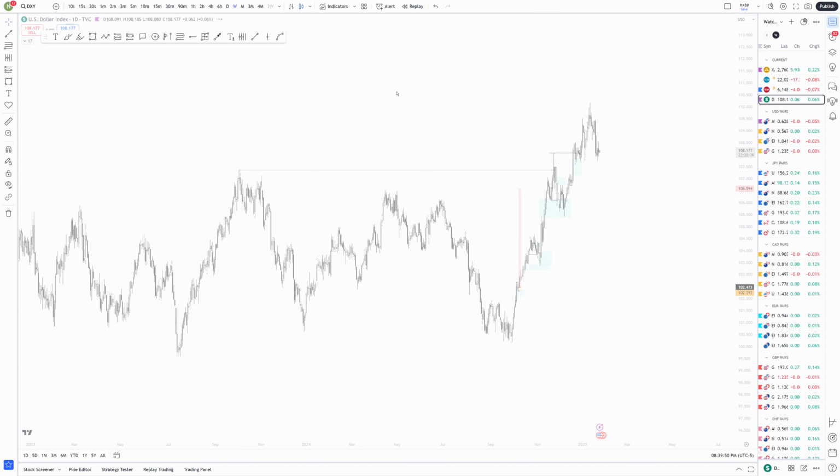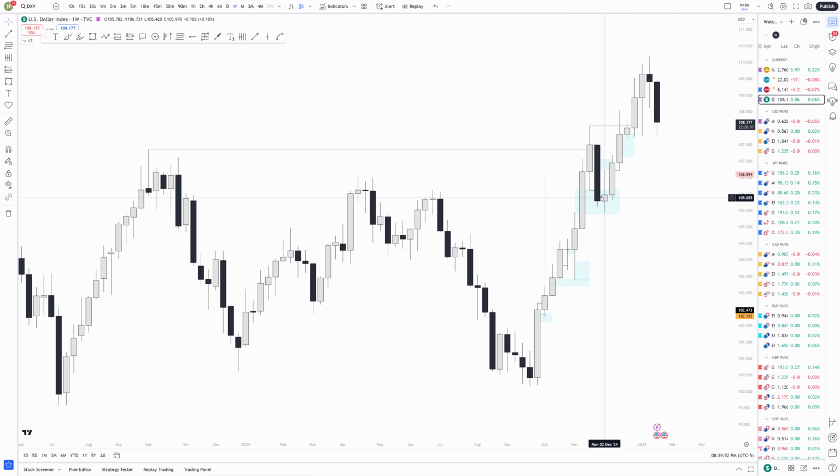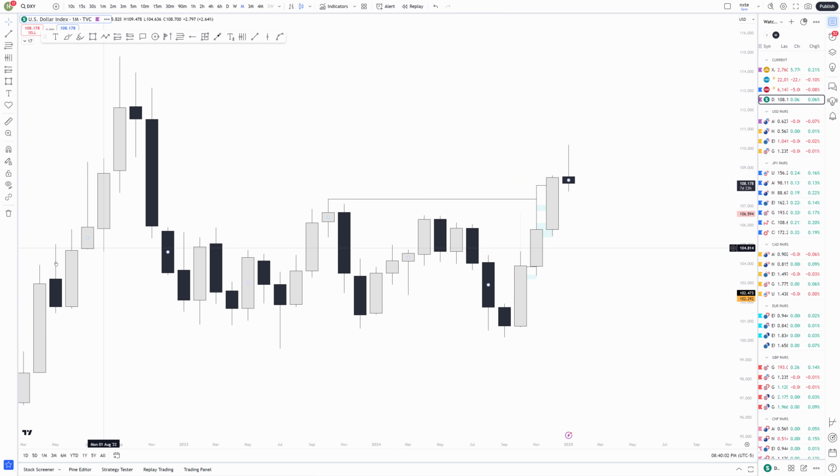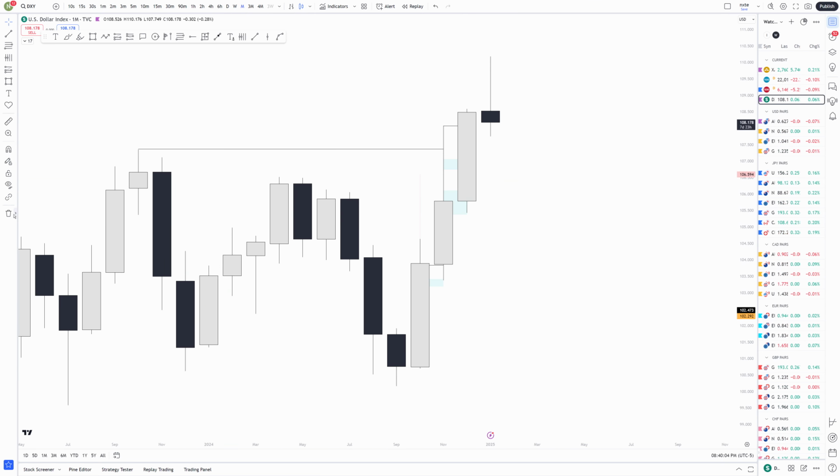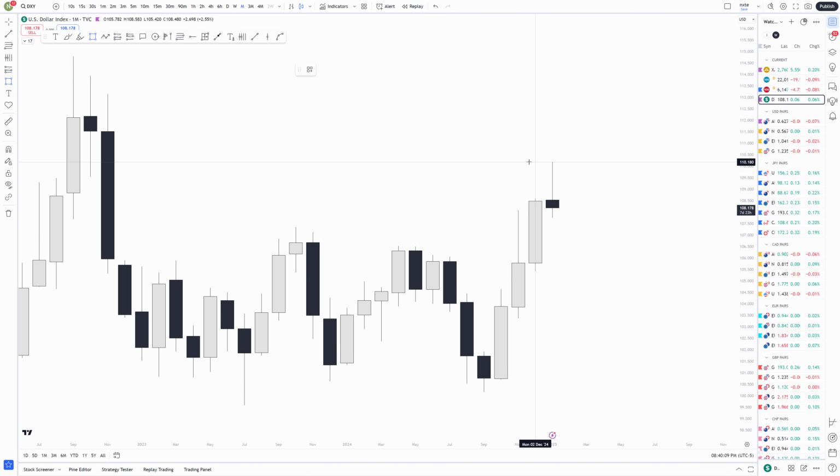But you will always have fair value gaps that are present, right? If this fair value gap does not hold and we start making bearish fair value gaps, then you understand that price can be retracing. Look at the monthly time frame, right? We have beautiful expansion on the monthly. Now, once we approach a high, we take the high, this monthly candle being indecisive, meaning it's no longer expanding,